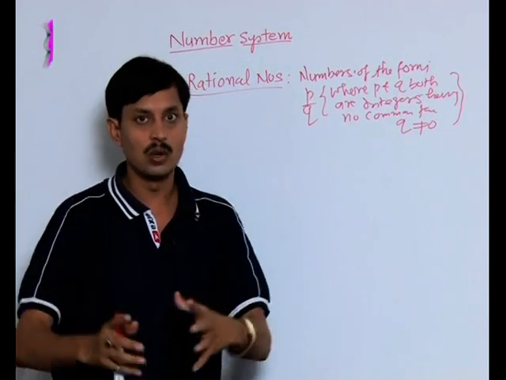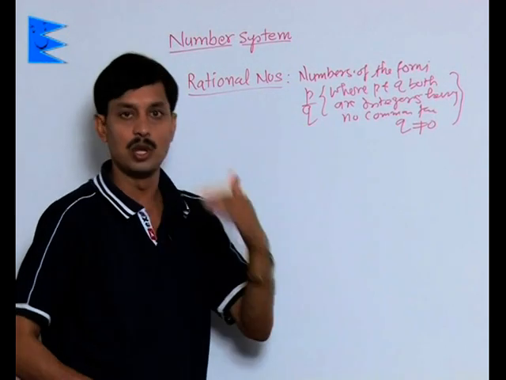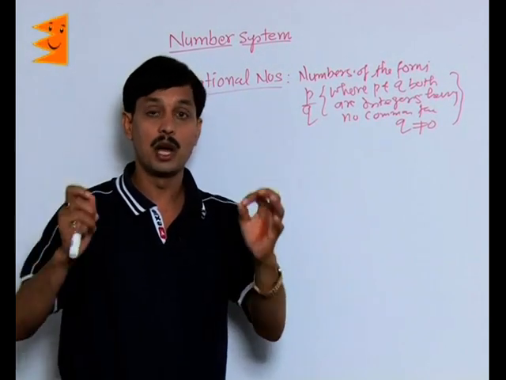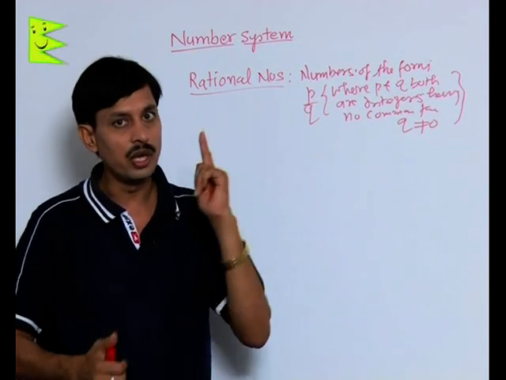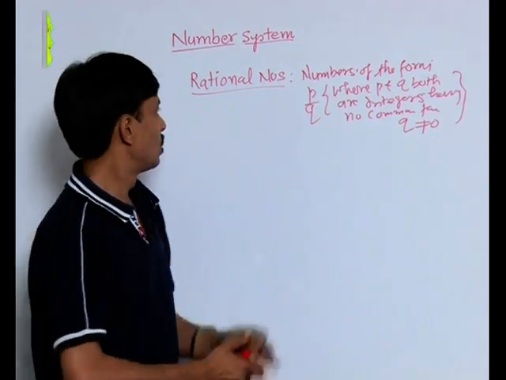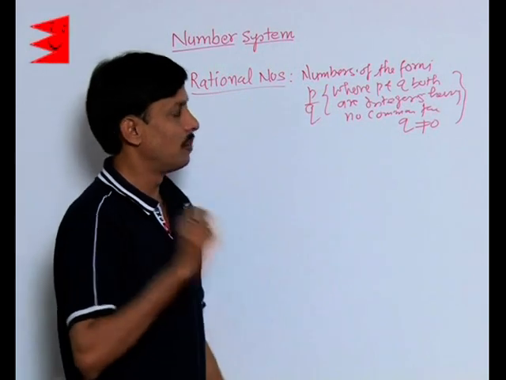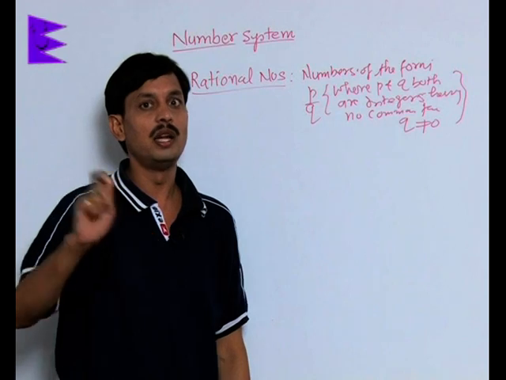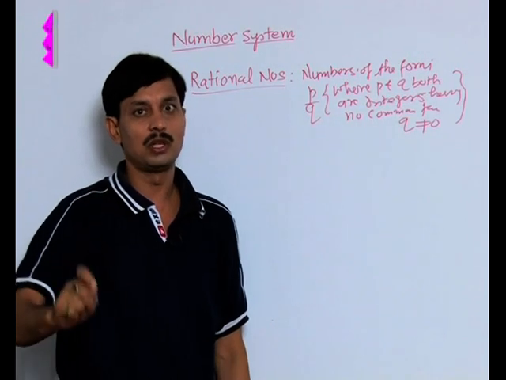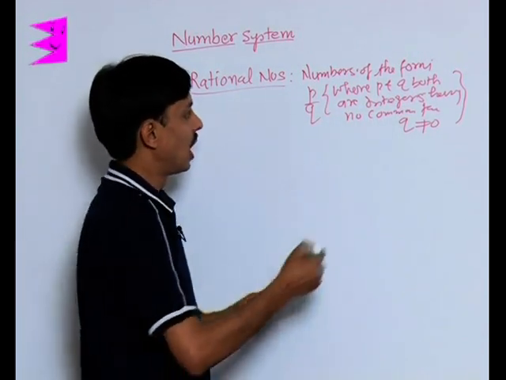Why is Q not equal to 0? Because if Q becomes 0, the result will become not defined, because division by 0 is not defined. So what are the rational numbers? Numbers in the form of P by Q, where P and Q are integers having no common factor, with Q not equal to 0, are